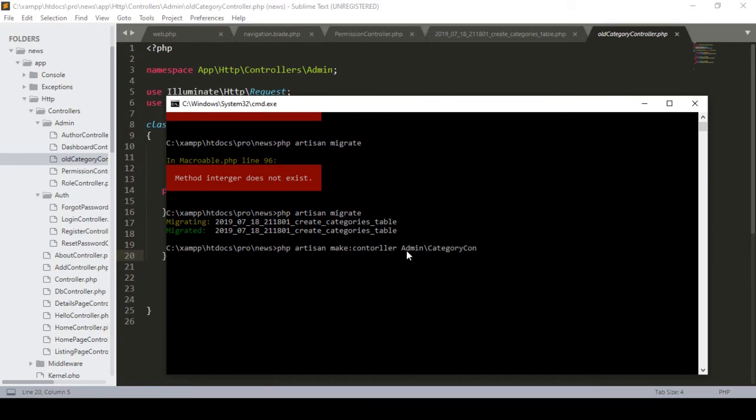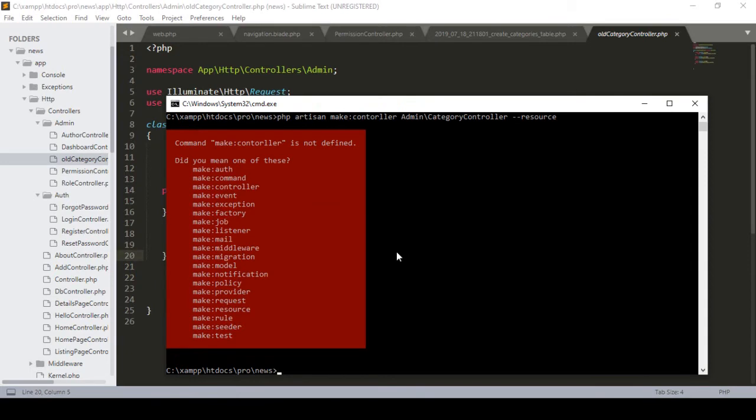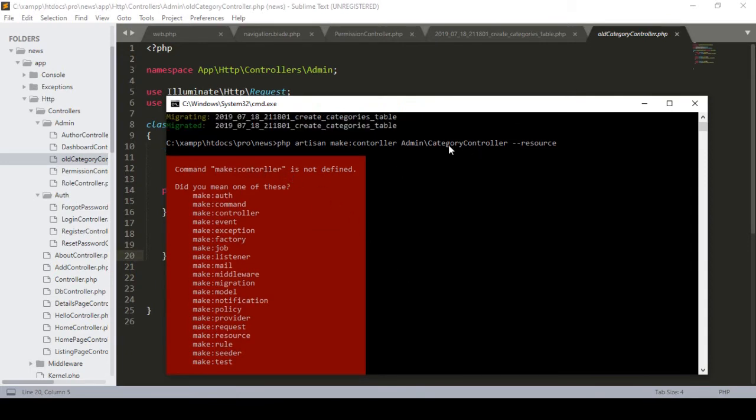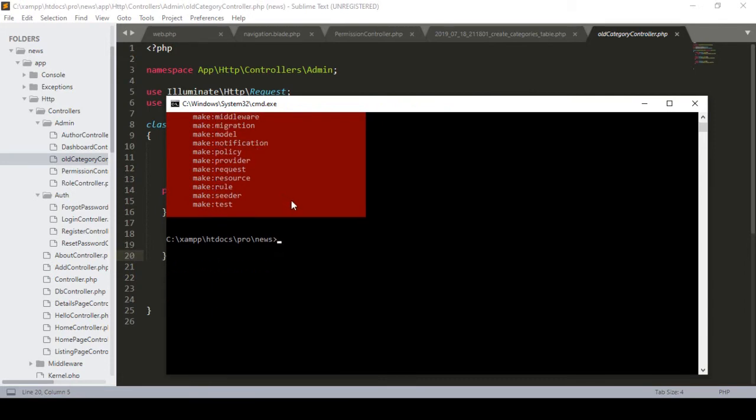controller. Okay, category controller, and I also want to create a resourceful controller, for which I just define that resource. Now click enter, and here I again made a spelling mistake. You can see the controller is not defined. So I will do that again: php artisan make:controller, and then I want to create admin